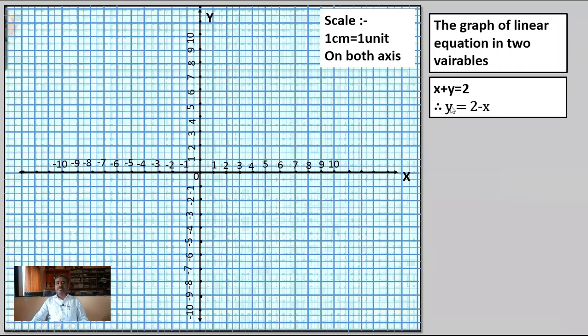First linear equation in two variables is x plus y is equal to 2. How to draw the graph of such a linear equation on the graph paper? First, given equation is x plus y is equal to 2. First, to find the coordinates of this equation, we can write this equation as y is equal to 2 minus x. On the RHS is 2, x goes to the RHS, then you get minus. Or we can also write this equation as x is equal to 2 minus y, in any way.